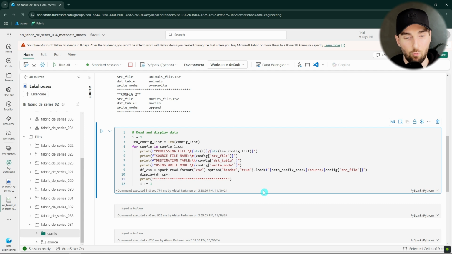In the next example, we are expanding that example a bit, and this time we're actually already reading the data using this dynamic file path. Basically, we're getting that file path that we defined in the setup and adding a source there, and also that file name that comes from the config. So we are reading both of these files in this loop when we run that, and then also displaying the